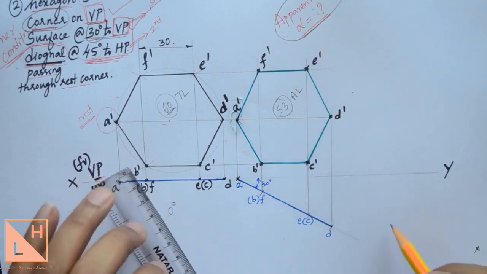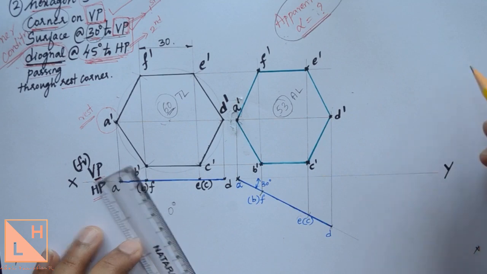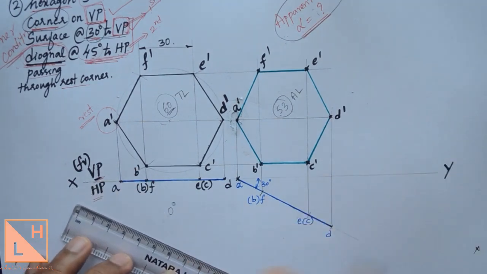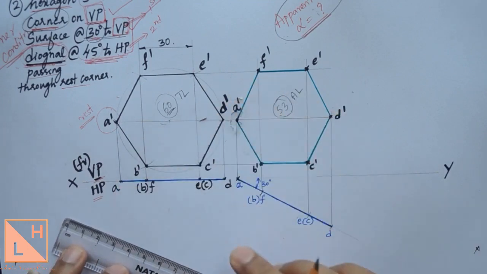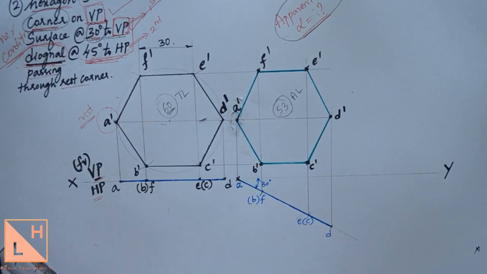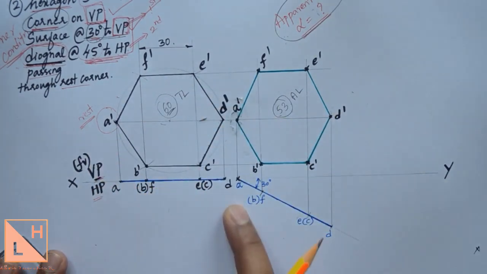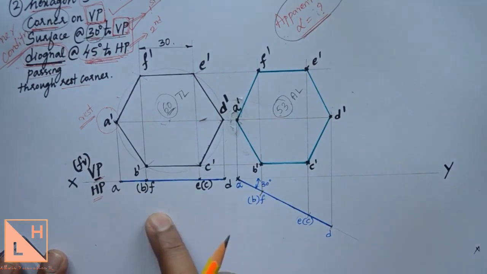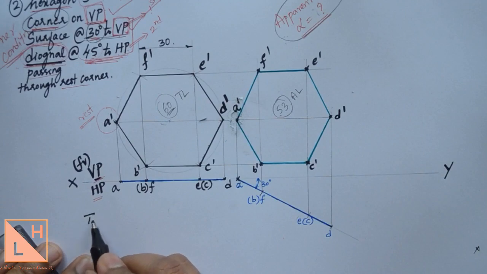So you can find this alpha angle directly over here, which you will find in many of the solution books, but I am going to give you a different procedure. You just find out that apparent angle separately where you have space on the same page. In this problem we have the front view, the top view, and here I have some space. I am going to utilize this space to find the apparent angle. So you can just mention it here: we are using this space to find the angle alpha. So how do we do that?